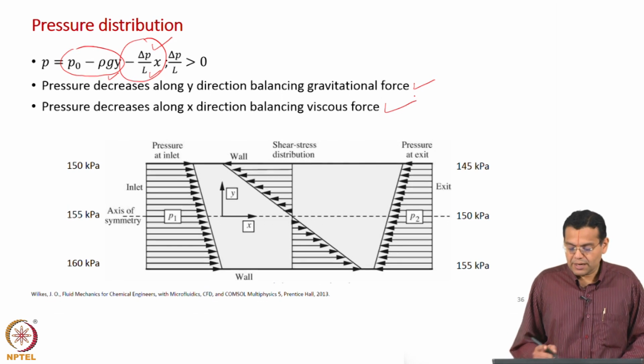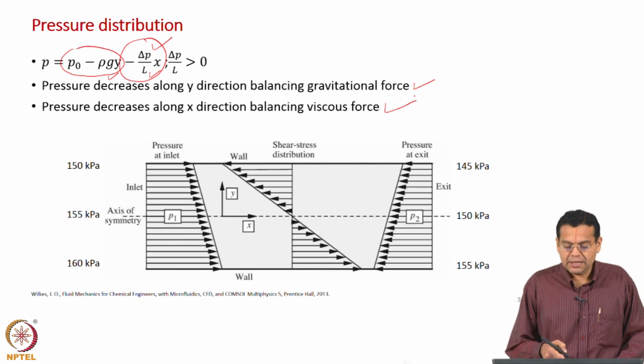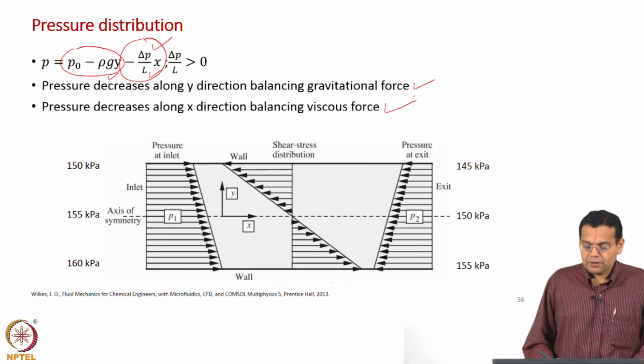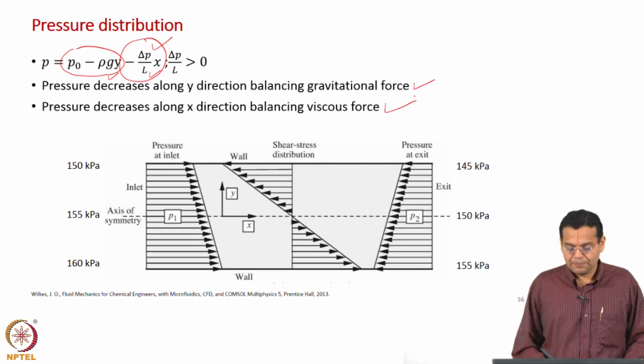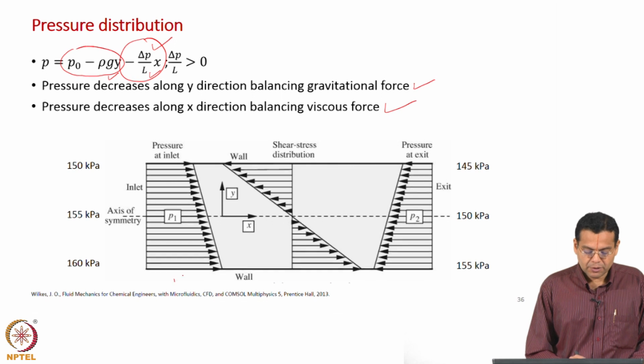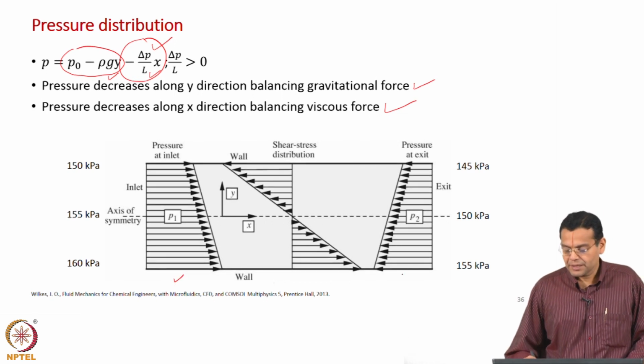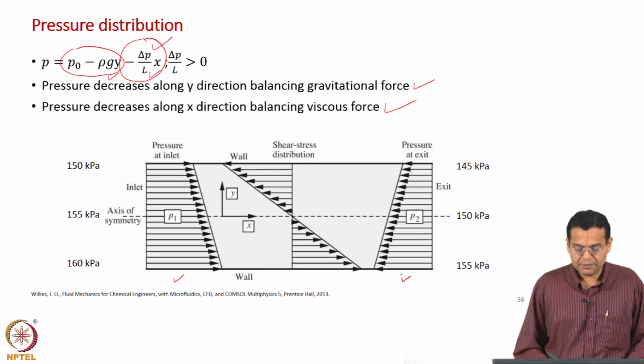Now, let us understand the pressure distribution. It shows shear stress distribution that we will see later. For the moment, we will discuss the pressure distribution. Now, first observation is that we know that pressure is compressive. So, it always acts into the control volume, that is why here also it is into the control volume, here also into the control volume, first observation.